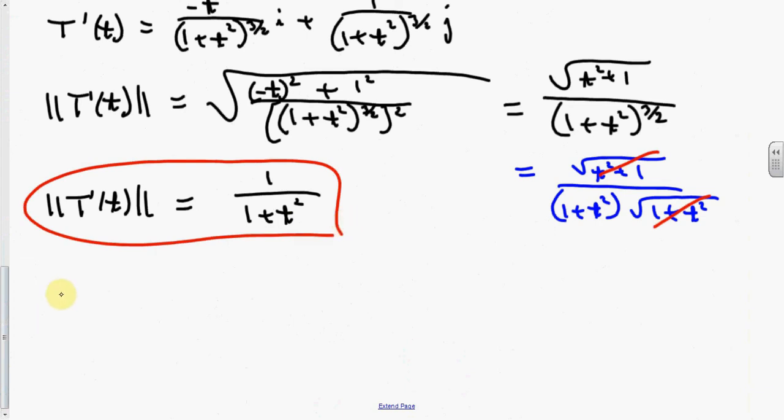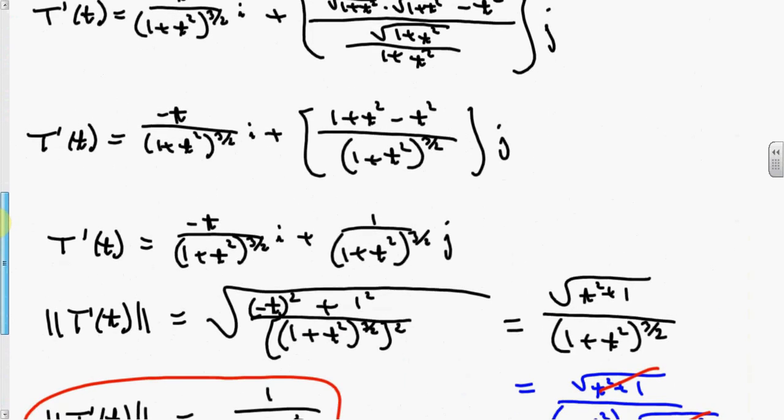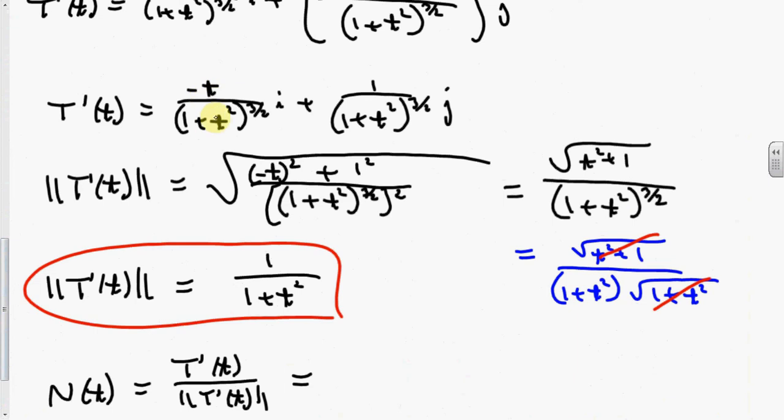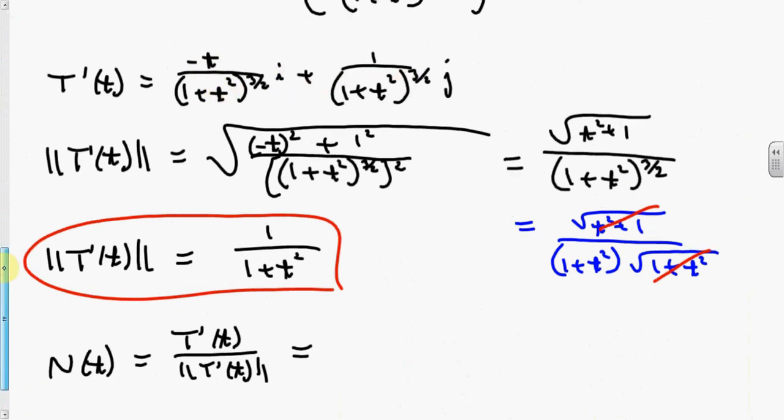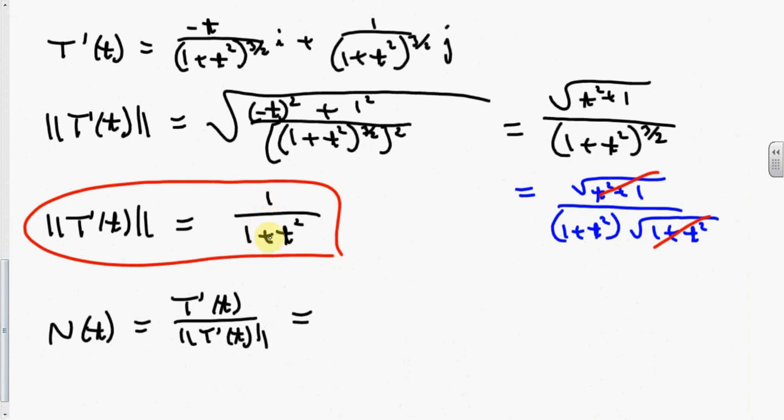So now the normal vector, what they were looking for, is T prime of t over the norm of T prime of t. And what was T prime? T prime is negative t over that term there i plus 1 over that term, and it's divided by this 1 over 1 plus t squared. Right? So this becomes negative t times 1 plus t squared over, this is 1 plus t squared times the square root of 1 plus t squared i plus 1 times 1 plus t squared